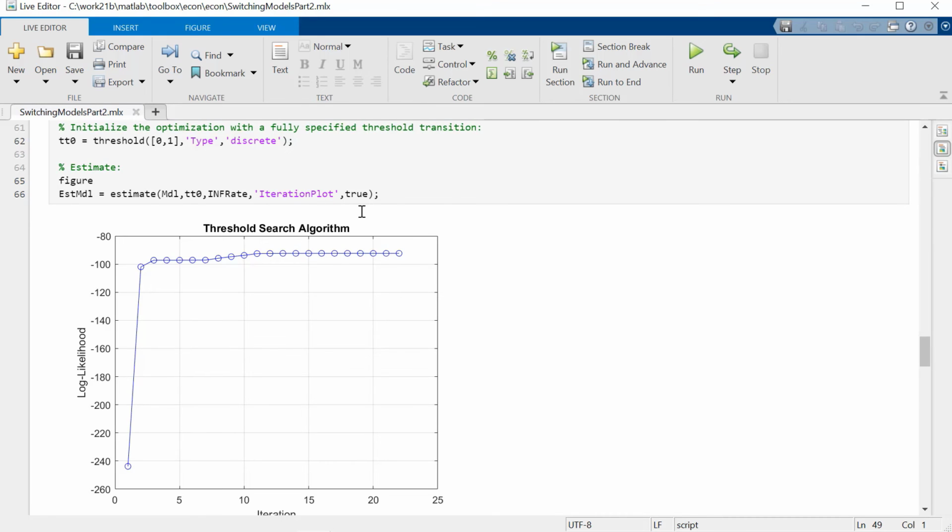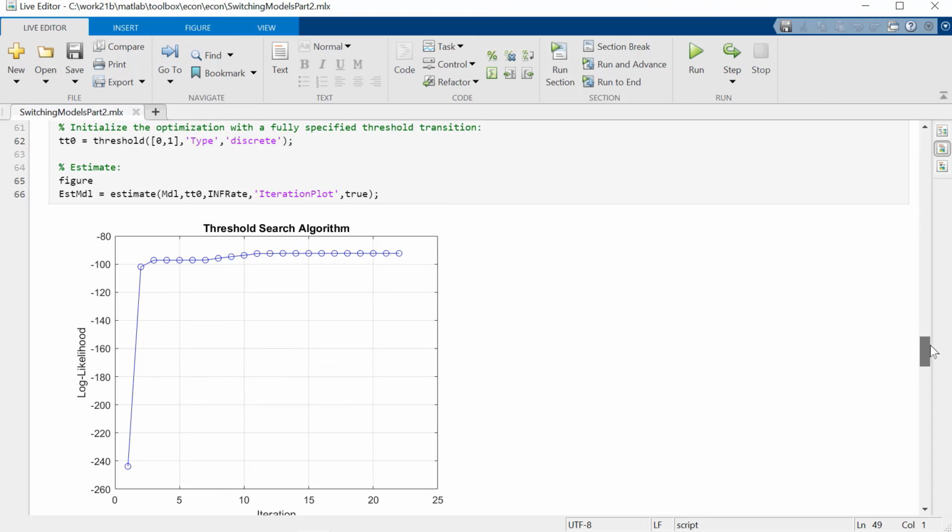Here I'll just turn on this iteration plot so we can see the progress of the estimation. And when we do this, we see that over a little more than 20 iterations, the log likelihood of the data increases monotonically until at some point it stops changing within a default tolerance, which you can change, and converges to a final estimated model.